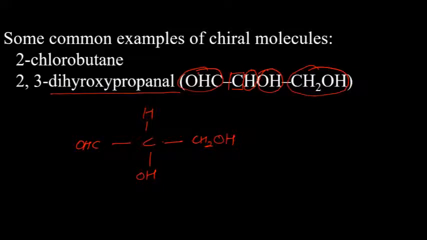Now there is a way to show the chiral carbon in a structure. You will find that the carbon which is chiral will have an asterisk on it, also called a star. So there will be an asterisk, and this is common practice. If any carbon in a structure has an asterisk on it, that will be a chiral carbon. So sometimes you will be asked to indicate the chiral carbon in the following molecule. So you will indicate it by the asterisk.